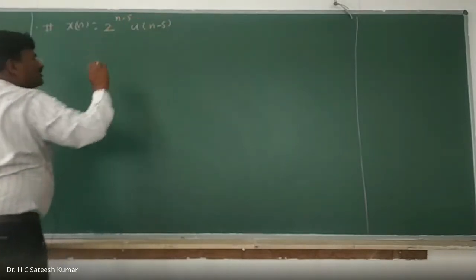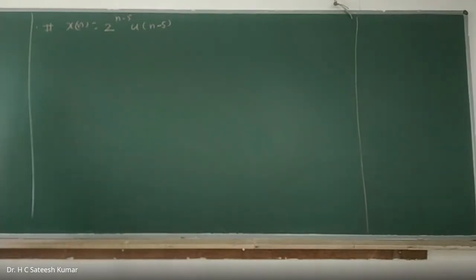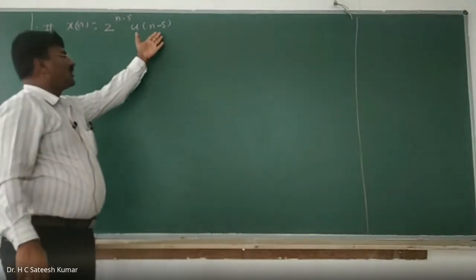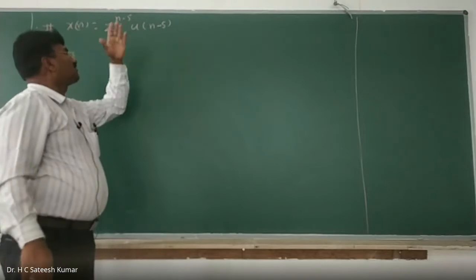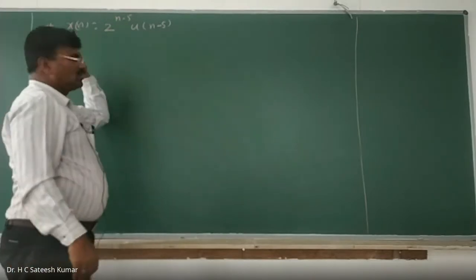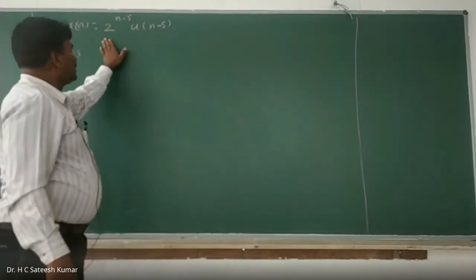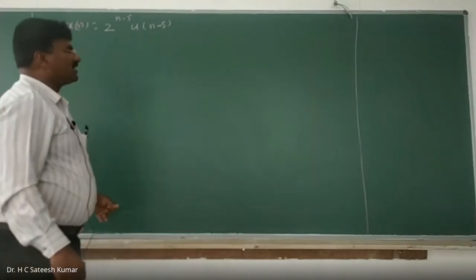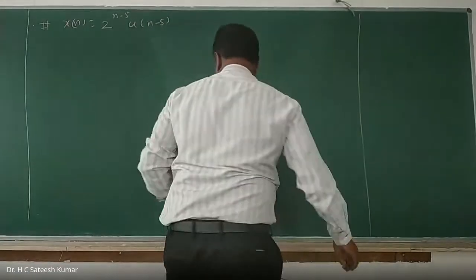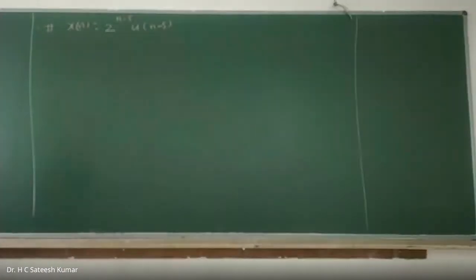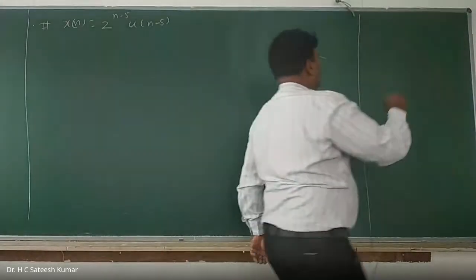One way of doing this problem is what? Directly, summation n varies from 5 to infinity, 2 to the power of n minus 5 into z to the power of minus n, summation, something like that we can do. Instead, you can use the property, it becomes very easy. And to use the property, we need a standard list of Z transformations. I'm repeatedly telling it. So that property list I'm going to give once again. List it out in the last page of your notebook.